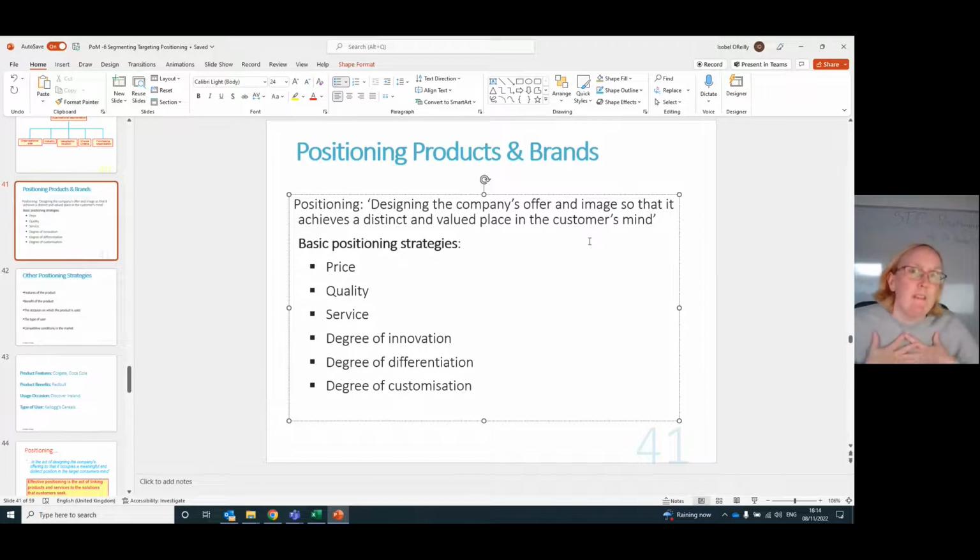essentially. And so we have a strategy. Obviously, we can't control what's in the mind of the customer, but we use our marketing campaign to try and influence what they think of us. Obviously, that's the end game. And we can have many different types of positioning strategies.